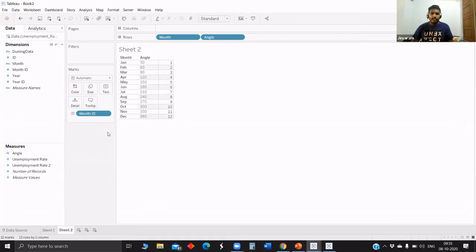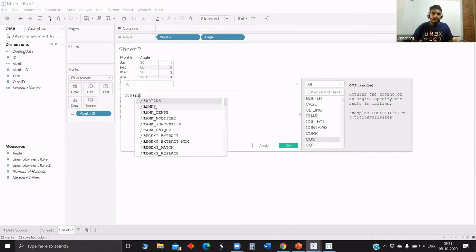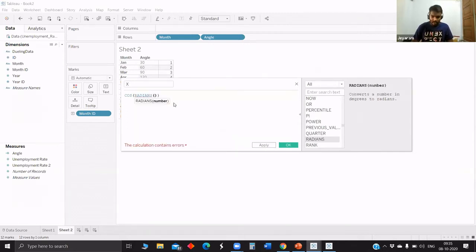Next we have to get the coordinates x and y for each month and year. So let me create a calculated field for the x coordinate. As all of us know, from visualizations like the gauge chart and radar chart we have explained, when we resolve x we get r cos theta, and when we resolve y we get r sin theta. So since it's x, we use cos. The angle is not in radians, so to convert it we use the RADIANS function and pull in the angle we created. So cos of radians of angle.